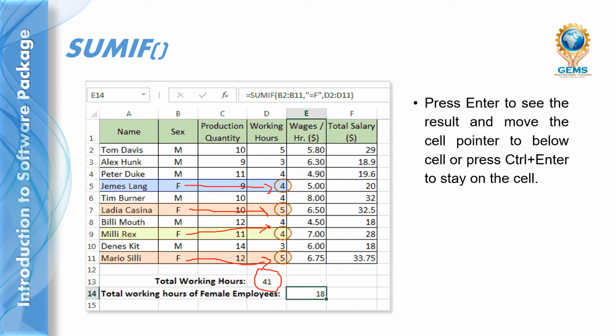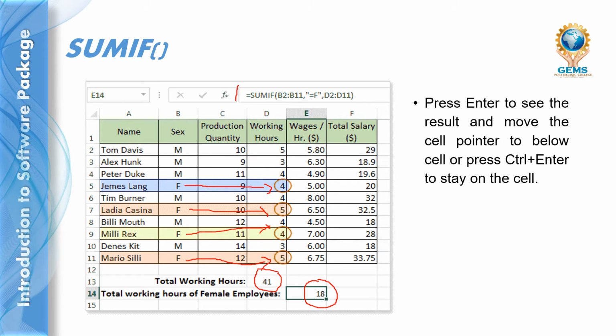Total, the cell range D2 to D11, the total working hours is 41, but the total working hours of female employees is 18. How does it come to 18?